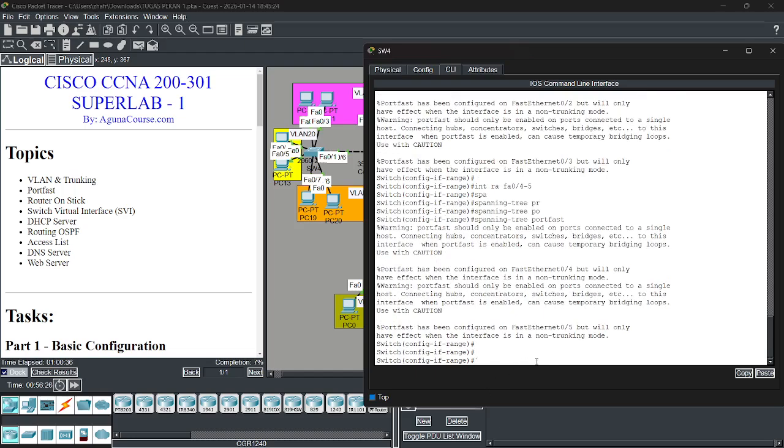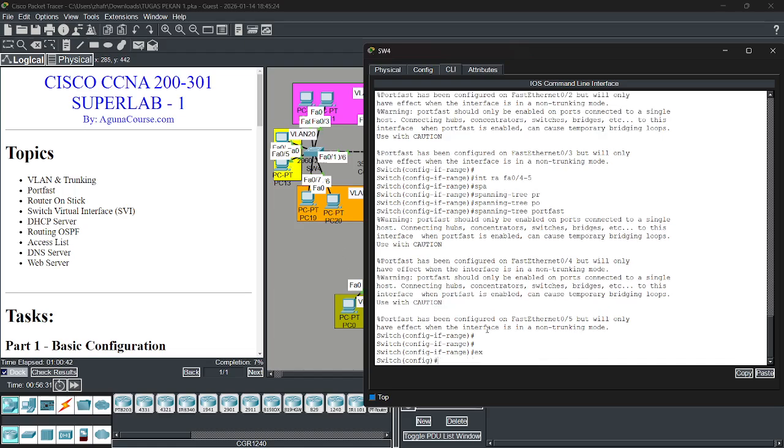and then we configure the VLAN and the ports that use the VLAN. Okay, and then I forgot the hostname.